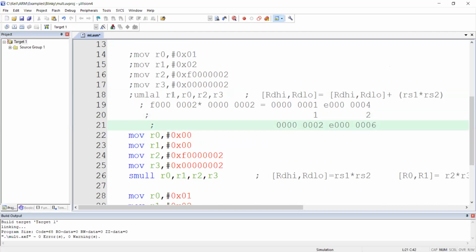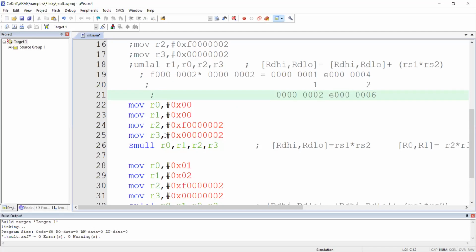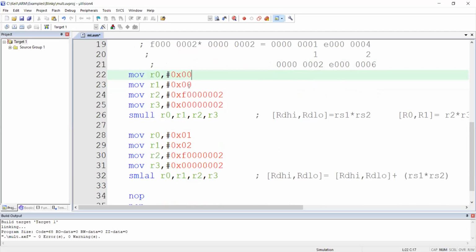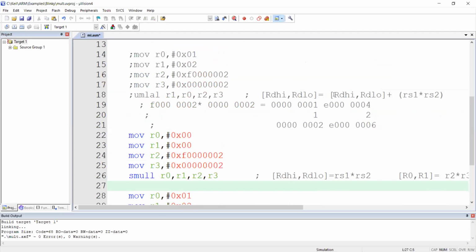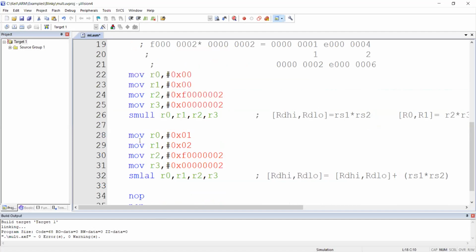Because I have exchanged the arrangement of destinations. Okay, let's at least try to finish these 2. Now I have taken 0, 0 intentionally because there is nothing called addition of something. See this part here. This part is added with the new product only when it is an accumulator type, LA type, MLA type. So what is the instruction here? MUL. Is that clear? MUL.